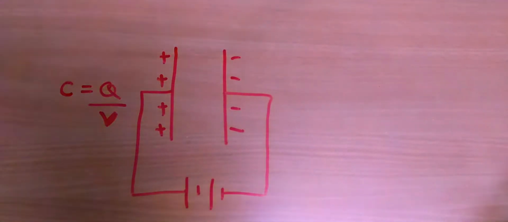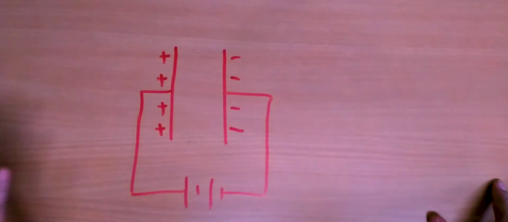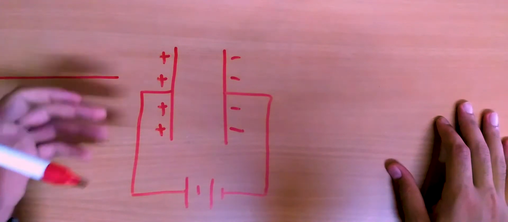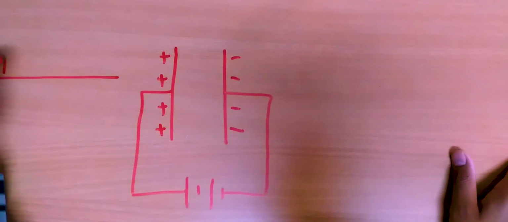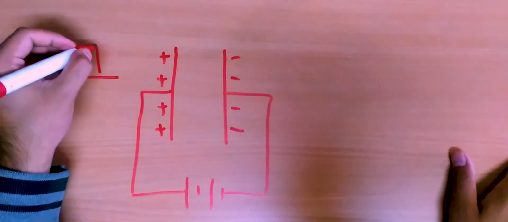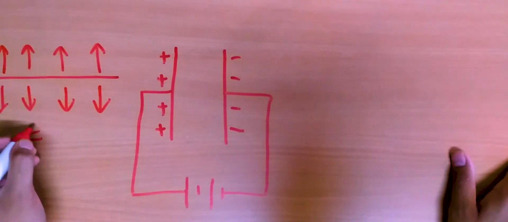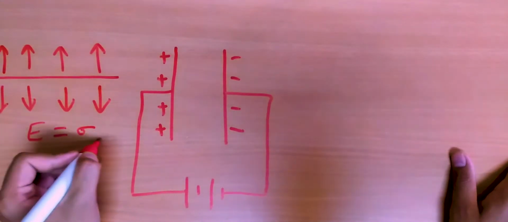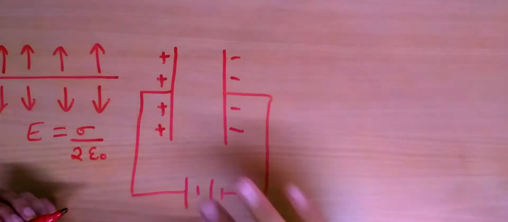So first of all, to start off with, let me remove this expression. Remember the expression for the electric field of an infinitely long uniformly charged plate. If I have a uniformly charged plate which is infinite in both directions, its electric field would be uniform, which means it won't depend on the distance, and it will be given by this expression: electric field equals sigma, the surface charge density, divided by 2 epsilon naught.